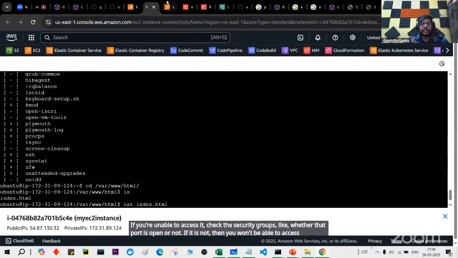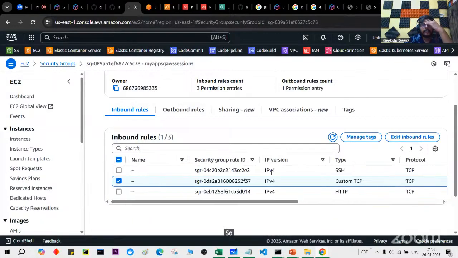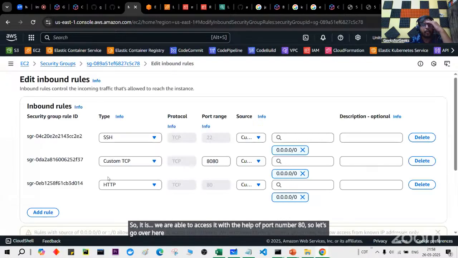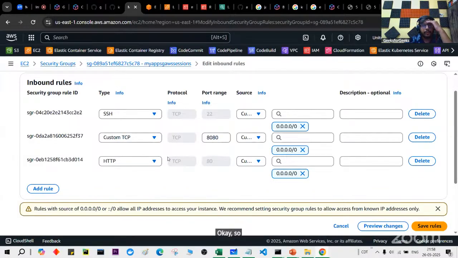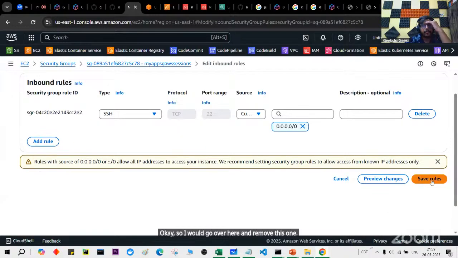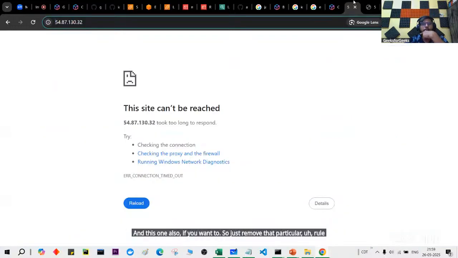Now let us change the value of the security group and see what happens over there. We are able to access it with the help of port number 80. So let's go over here and remove that one. I will remove this one, and this one also if you want to. Just remove that particular rule. And now if you try to access,